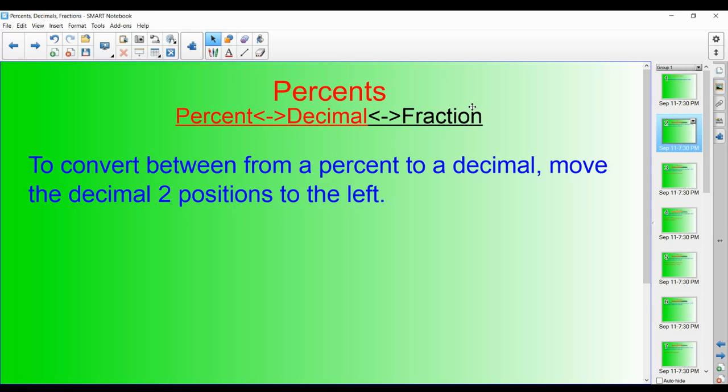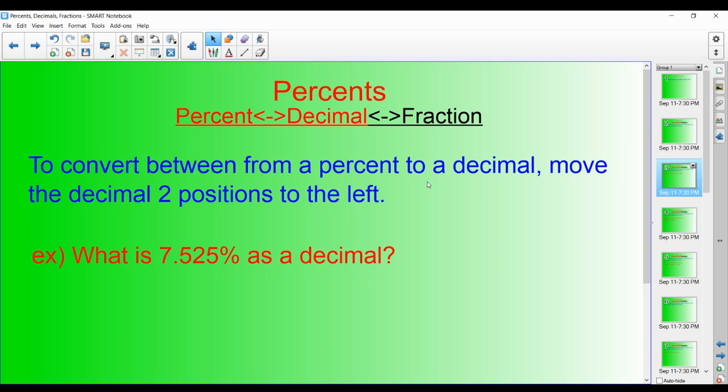So let's first look at how to convert from a percent to a decimal. To convert from a percent to a decimal, we move the decimal 2 positions to the left. So let's take a look at an example. We could have 7.525%. So, for example, that could be a percent for a tax. To convert it to a decimal,